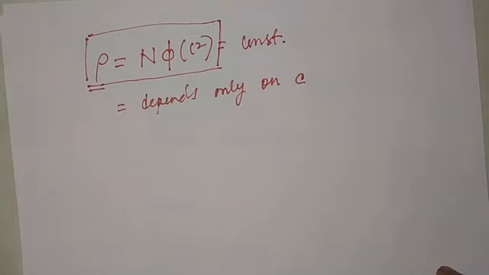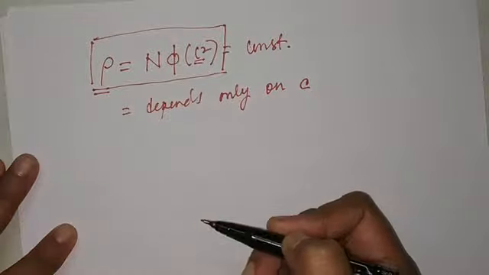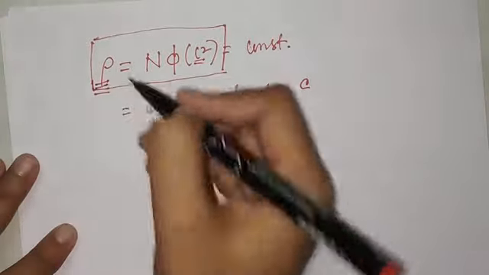That is, if the velocity changes, the number density will also change. In other words, if we put different values of velocity in this equation, we will get different values of